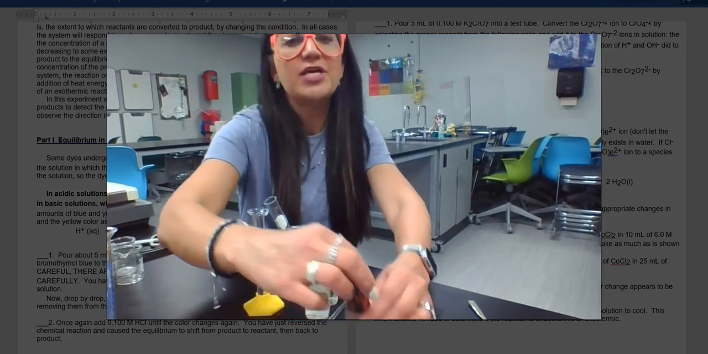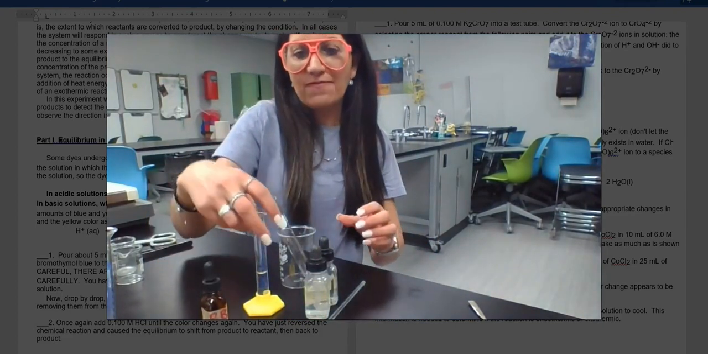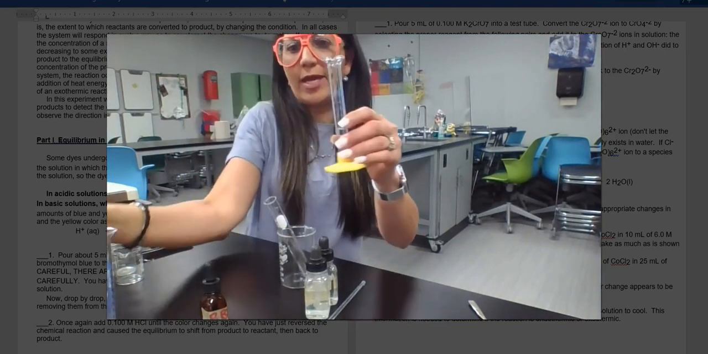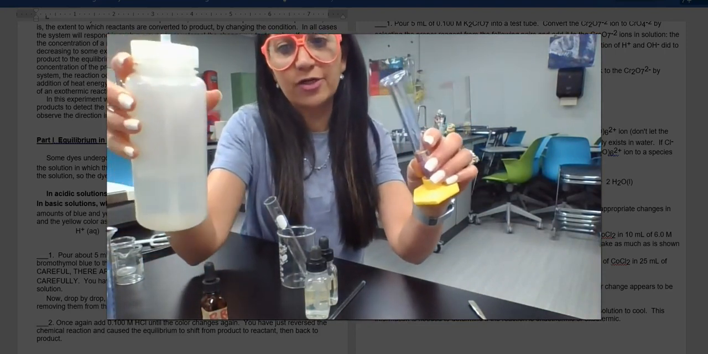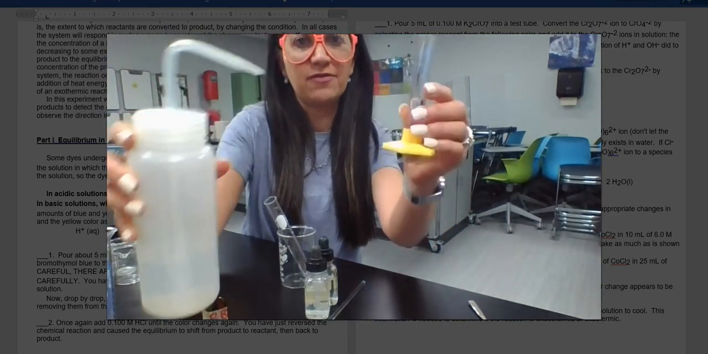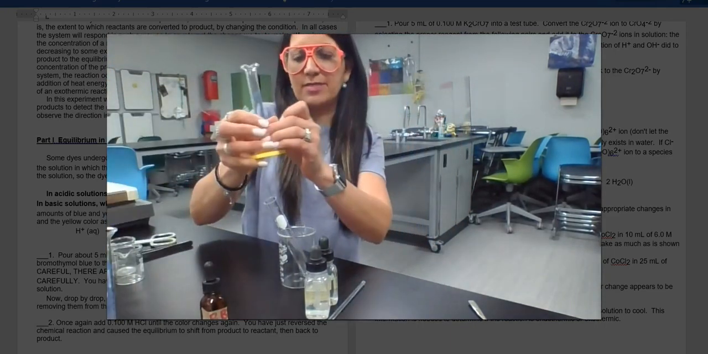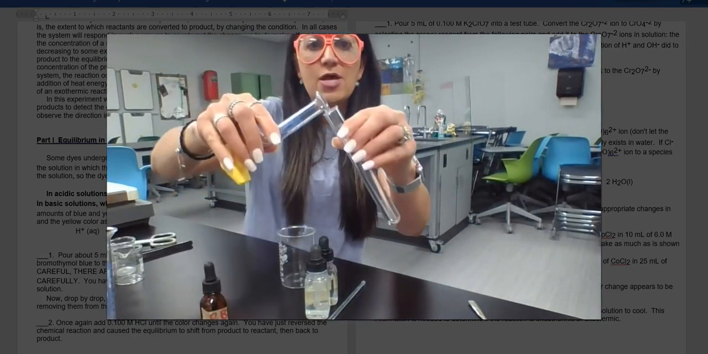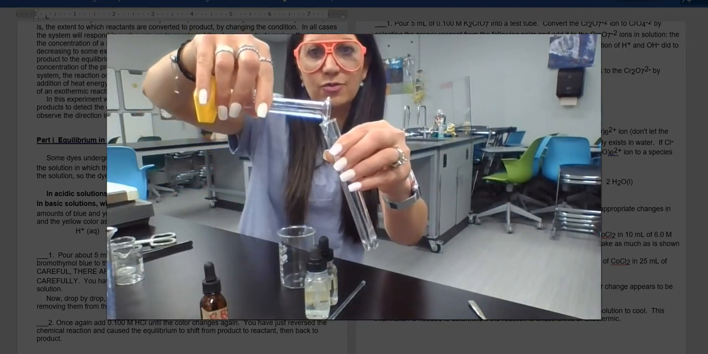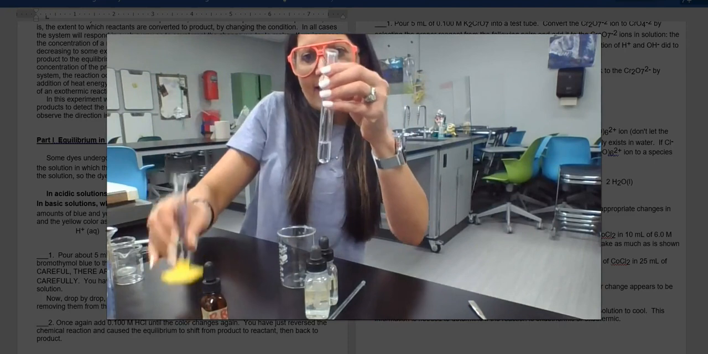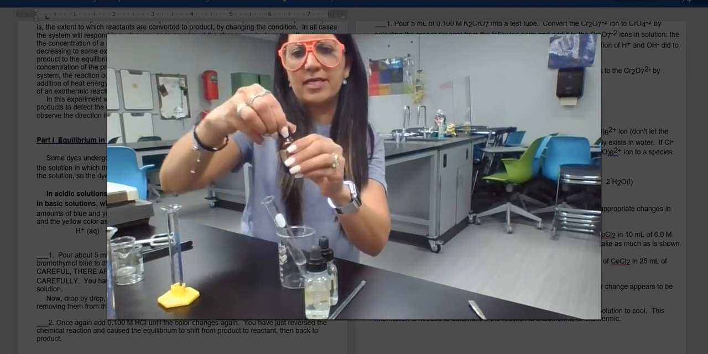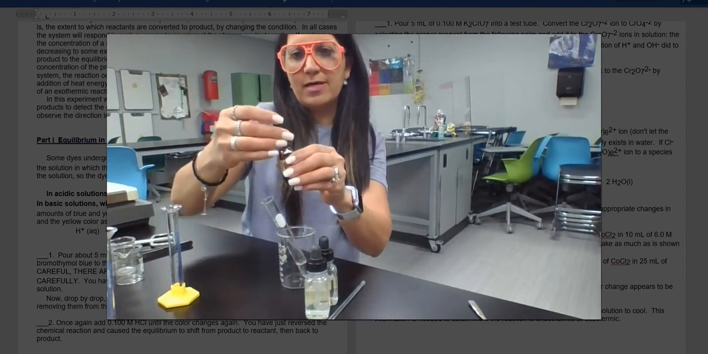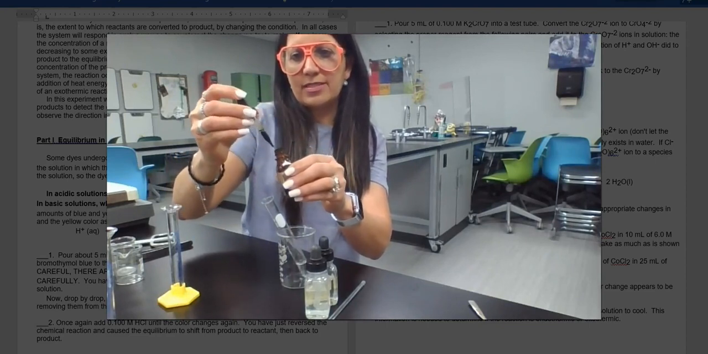Okay, so it says pour about 5 mLs of distilled water into a regular size graduated cylinder, and then we're going to pour it into the test tube. So I already put the 5 mLs in here, and I am simply going to transfer my 5 mLs right into my test tube. Okay, got that. It says add 5 or 6 drops of the bromothymol blue to the water and then mix it. Okay, so let's open this up and let's add